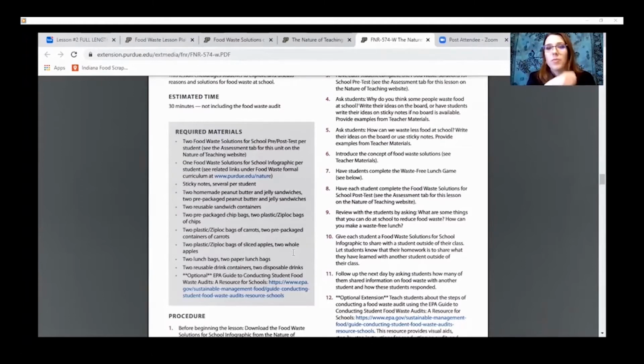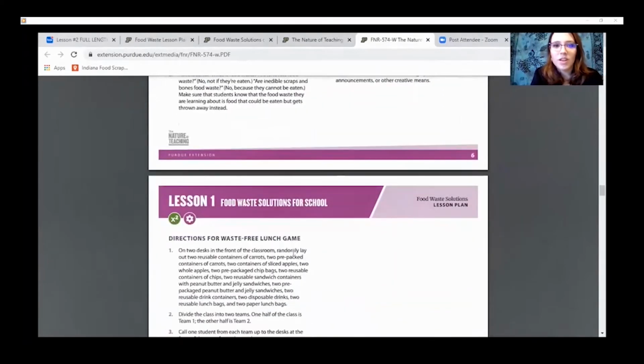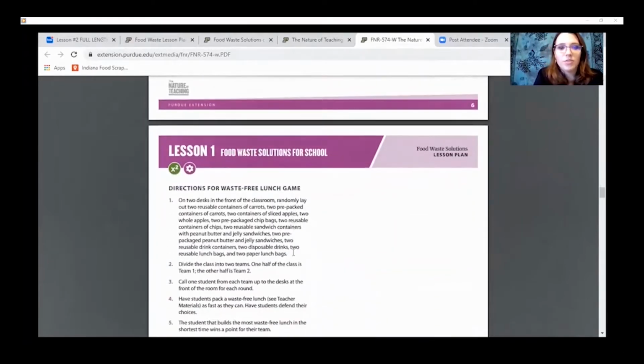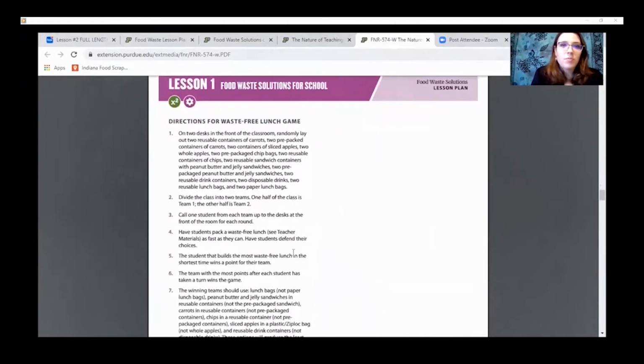And then we're going to go from that into the waste-free lunch game, which is a way to reinforce for them in a fun way how they can build a waste-free lunch. So we have examples and instructions for the waste-free lunch game down below. So on 2 desks in front of the classroom, or if students are at home, they can do this just in their homes, you're going to randomly lay out 2 reusable containers and